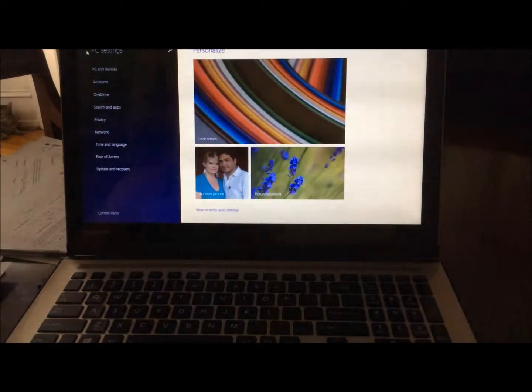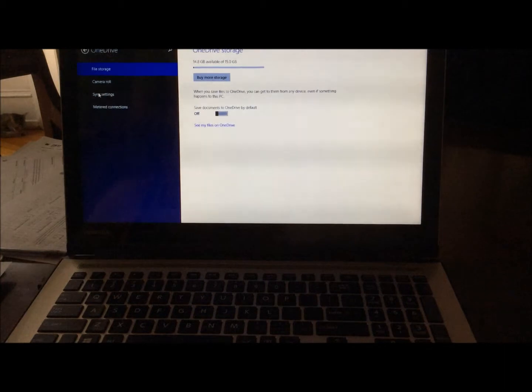These are just different things that you can go through and play around with. The other thing that's new, as far as I know with Windows 8, is the OneDrive storage. I saw it was called SkyDrive for one particular laptop, or maybe it was a different environment. I don't know if it was Windows 8 and this is 8.1, so I don't know if that makes a